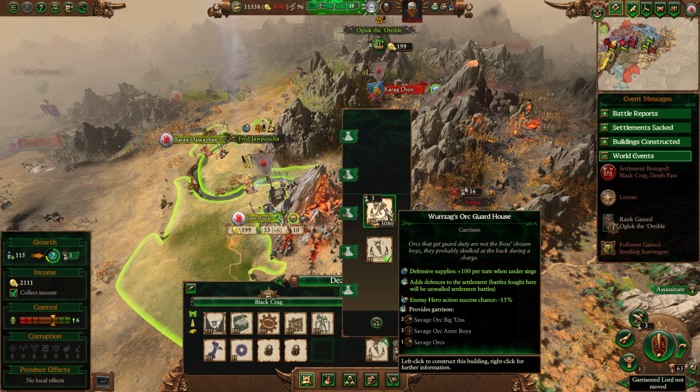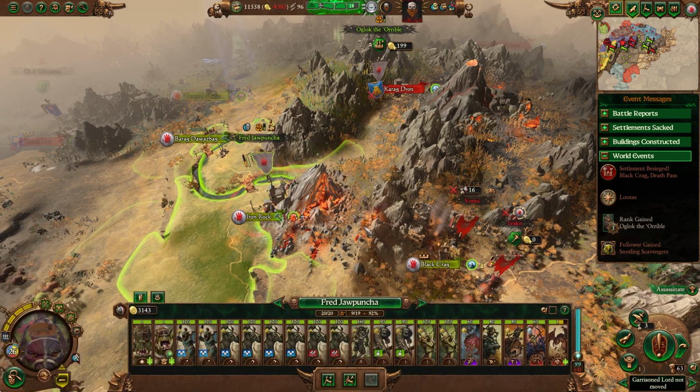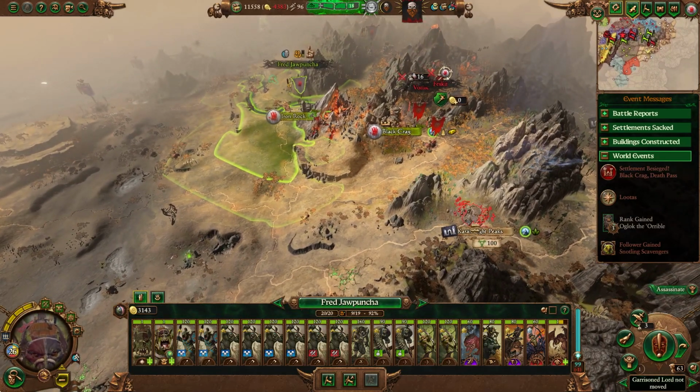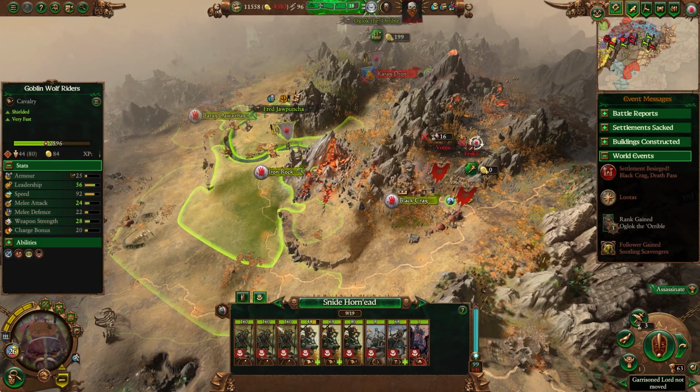Orcs that get guard duty are not the boss's chosen boys. Probably skulk to the back during a charge. Ah, so that's why our garrisons are so terrible. Well, what if we just threaten Kara Gate Peaks then? Fred, what's your army looking like? It's mostly pretty